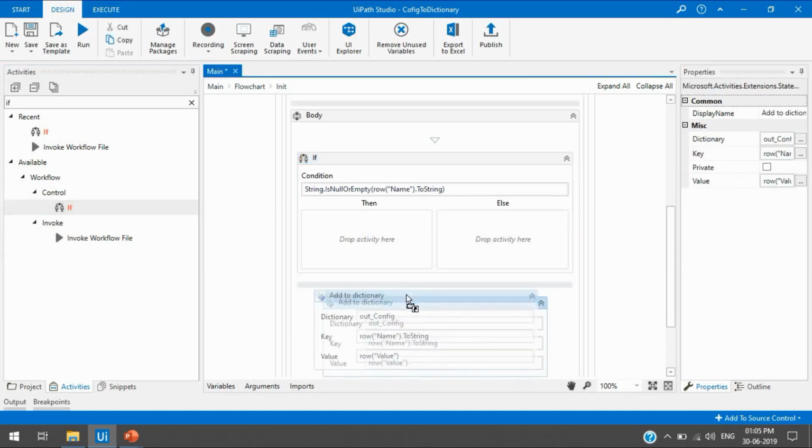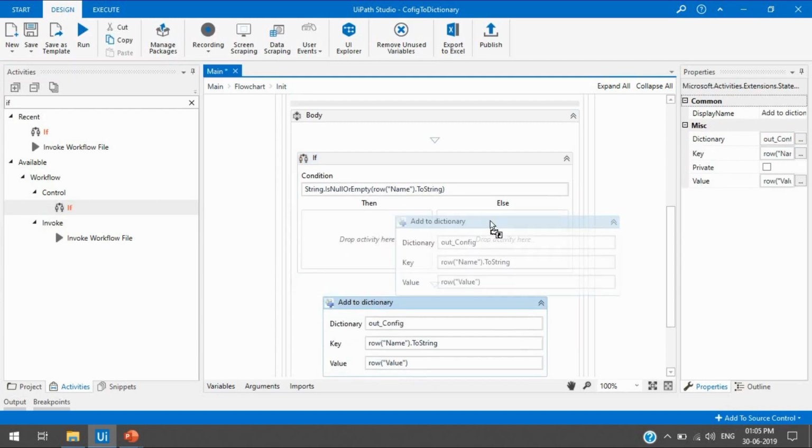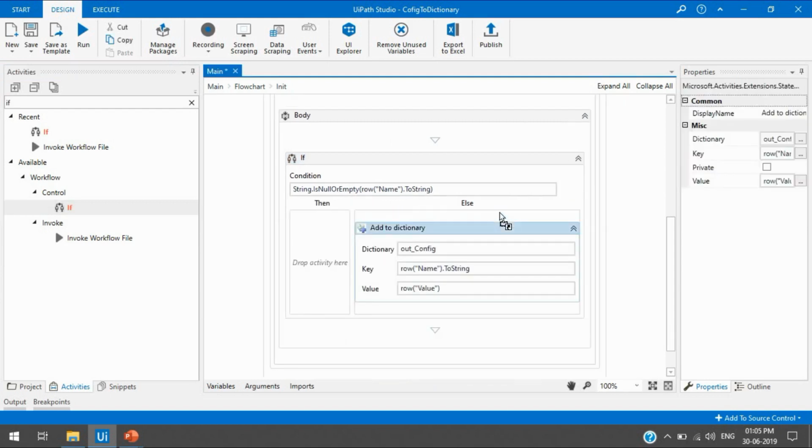So now we can add here in the else part, because it will first check whether the name is null or not. If we don't have any null in the data in the sheet, then it will go to the false. If we have, then it will go to the true. So we know that we don't have any blank, so it will go to the else part. So it will add here.